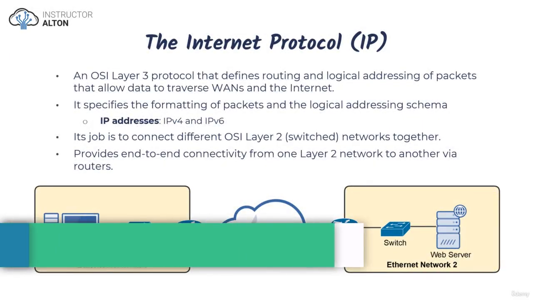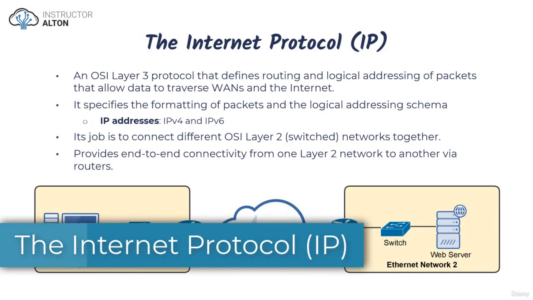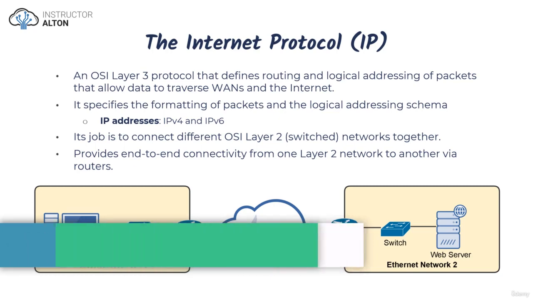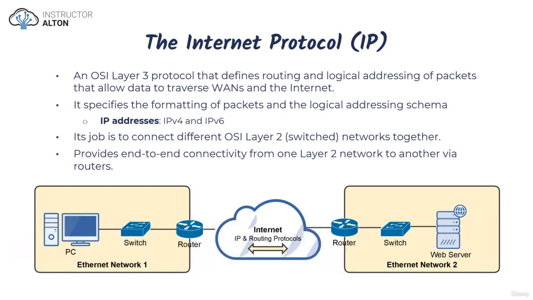Alright, so the next TCP/IP network layer protocol that we're going to talk about is the Internet Protocol, commonly referred to as IP. Now, when we're talking about the network layer, we're also talking about layer 3 of the OSI model. So they're both synonymous when we talk about the network layer. Now, IP is a very important protocol because it plays an important role both in routing and logical